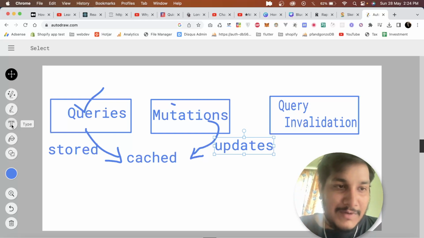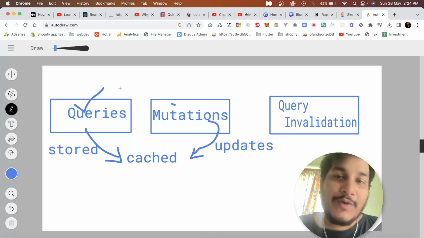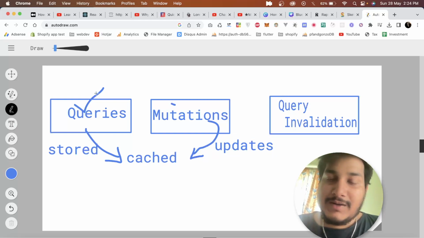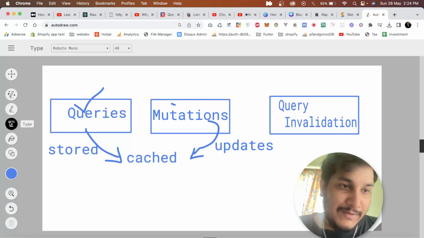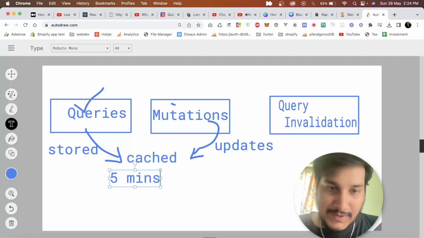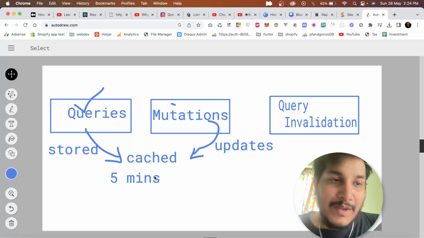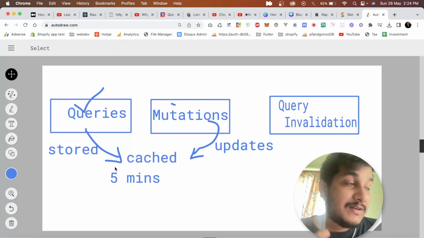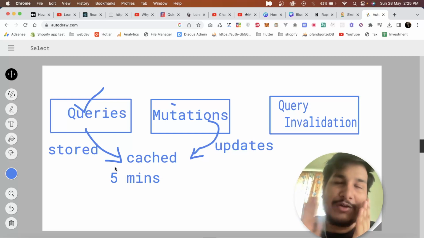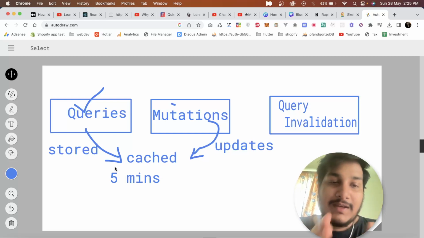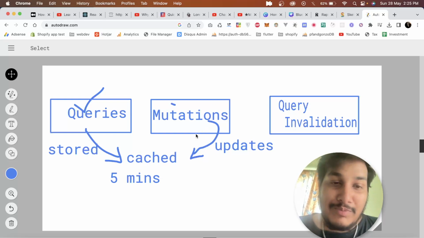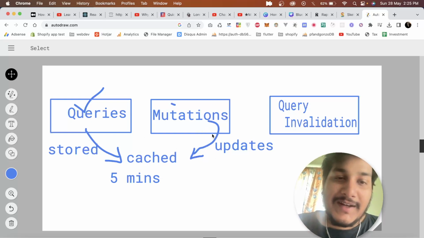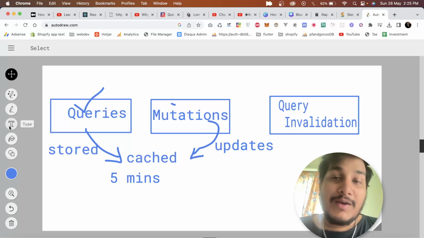So let's say whenever you fetch a query, each cache has a time limit, which by default is 5 minutes. When these 5 minutes are over, just to let you know, these 5 minutes are decided by TanStack Query. That's a default value, you can change it anytime. I will talk about that also in the video. But whenever this cache time of 5 minutes is over, before you do a mutation, you will let the TanStack Query know,